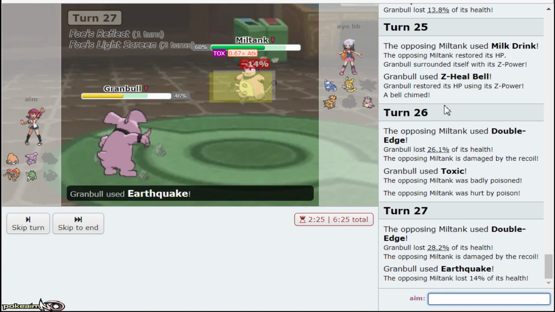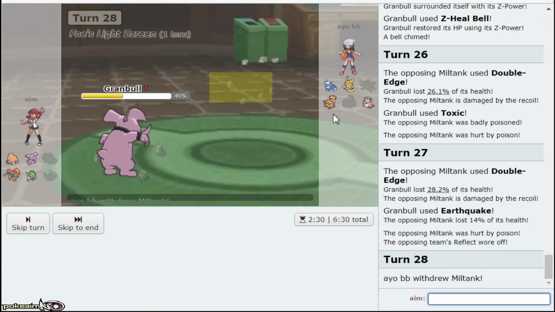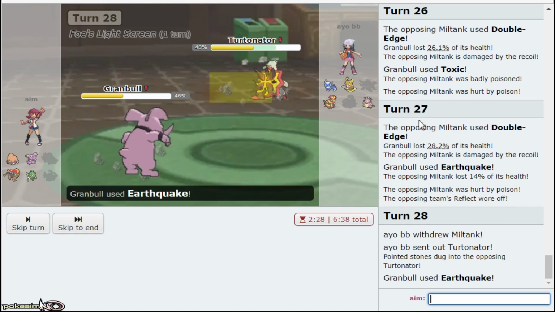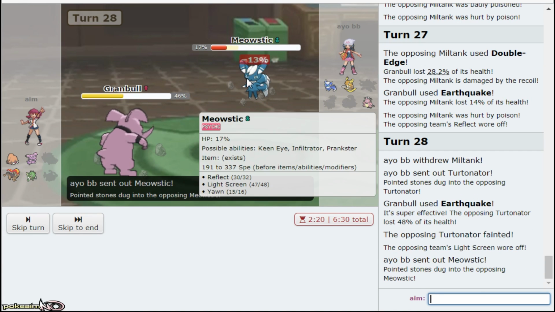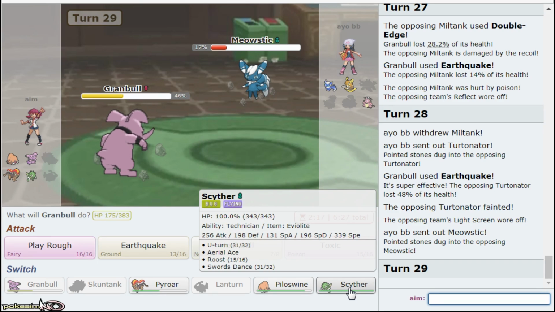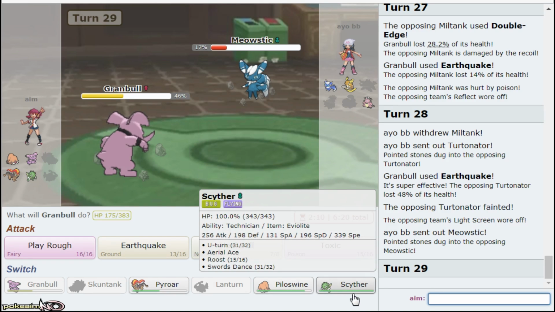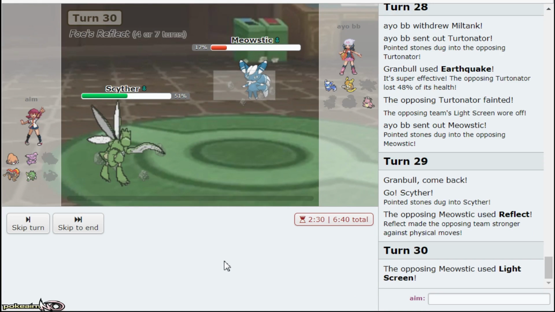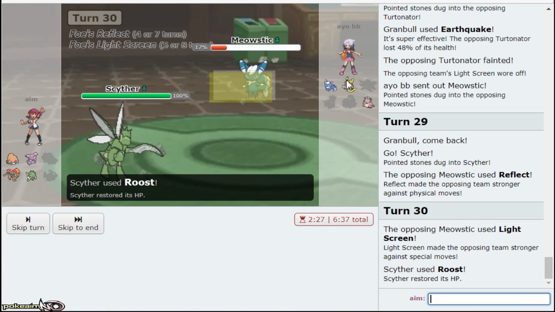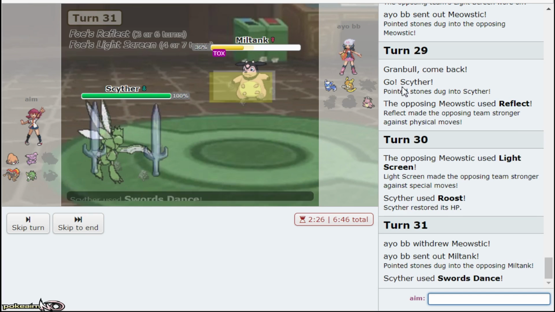I don't want Meowstic coming in, which it 100% will be able to. No, he goes Turtonator on the Earthquake. Why? Why go Turtonator on the first Earthquake? To set up with Raichu? Is that why? We'll go Scyther here. I'll Roost, and then, yeah, I'll Roost on his Reflect. Then Swords Dance. He didn't go for Yawn for some reason, so...